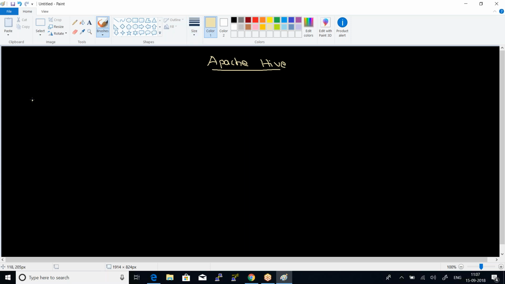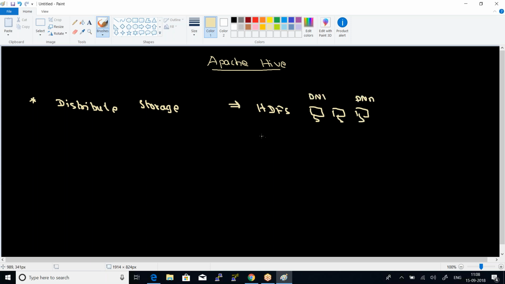Okay, so with respect to Hive, these are all the key takeaways based upon our previous discussion. Here Hive is a distributed storage processing engine. The data is stored either in HDFS, and if it is HDFS, the data is stored across multiple data nodes. We have a number of data nodes where your data is stored, or you can have your data in your